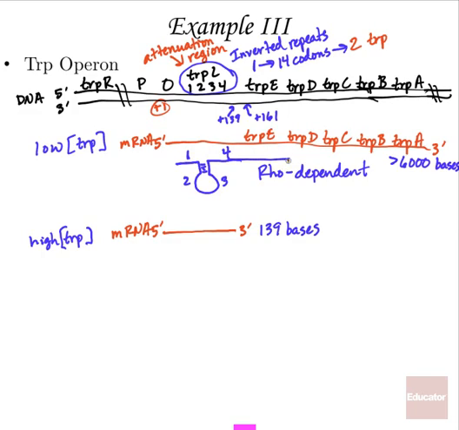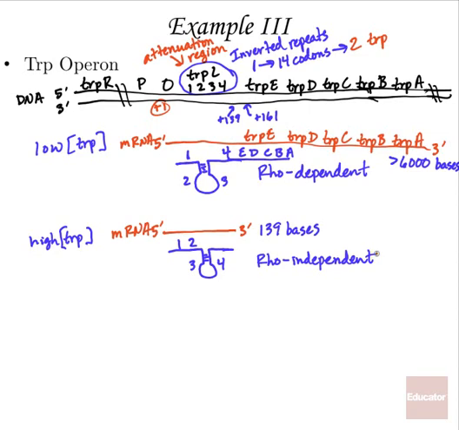So what we have is then EDCBA. Okay. And this is what we call the attenuated version. And this would undergo rho independent